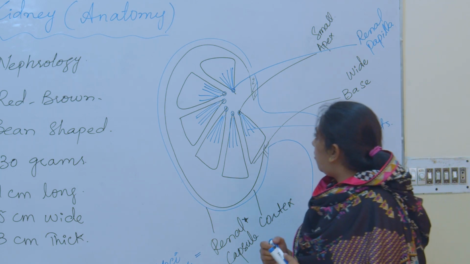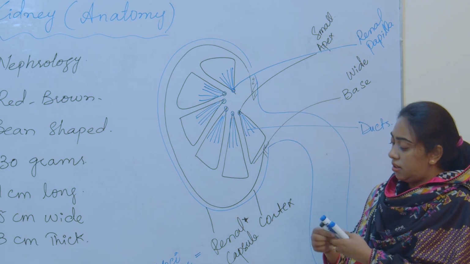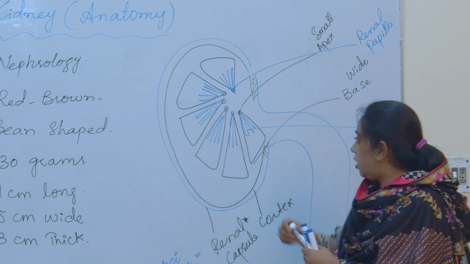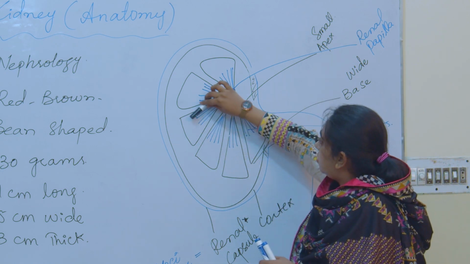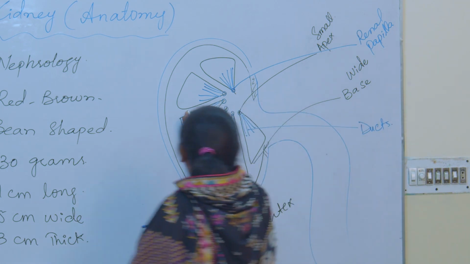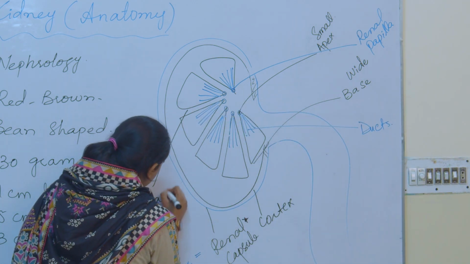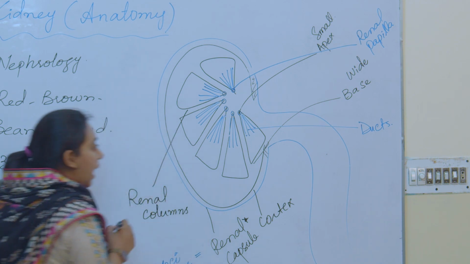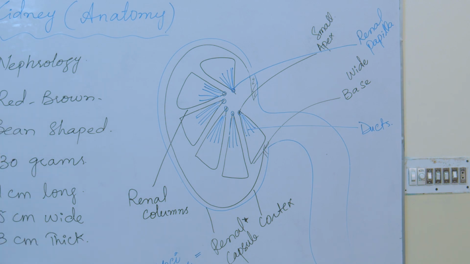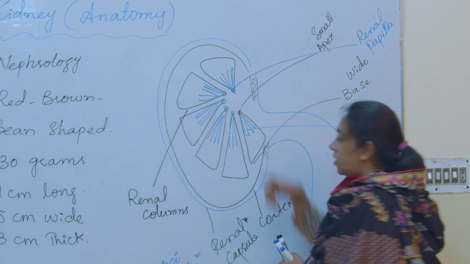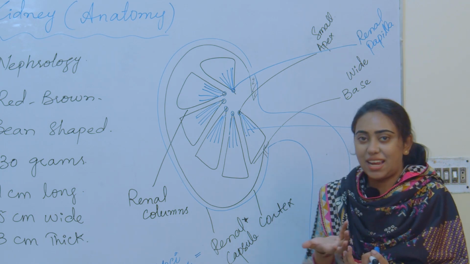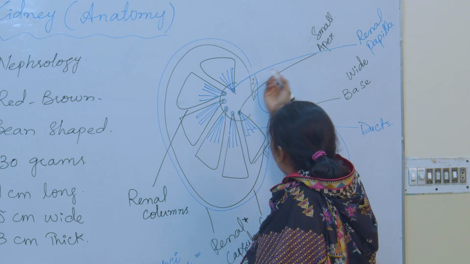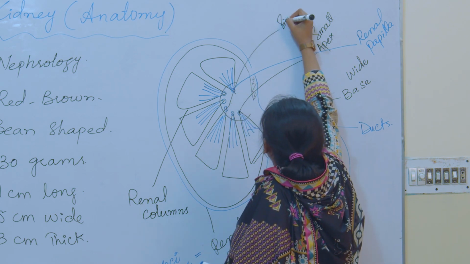Besides this, these are connected to one another, and these spaces are basically known as renal columns. This space that you can see here, these spaces are known as renal columns. And if we look at it in a little detail, this part is a bit empty, hollow. The baseline inside is hollow, and that hollow kind of thing, or cavity, is the renal sinus.